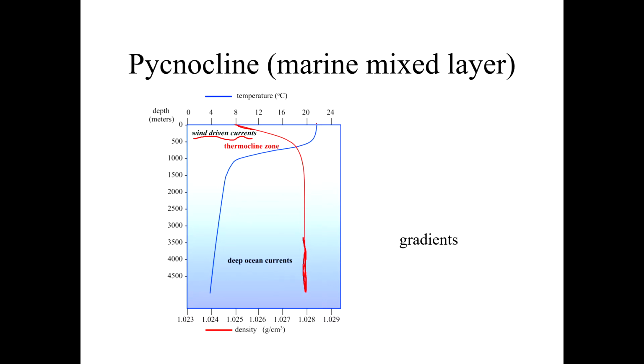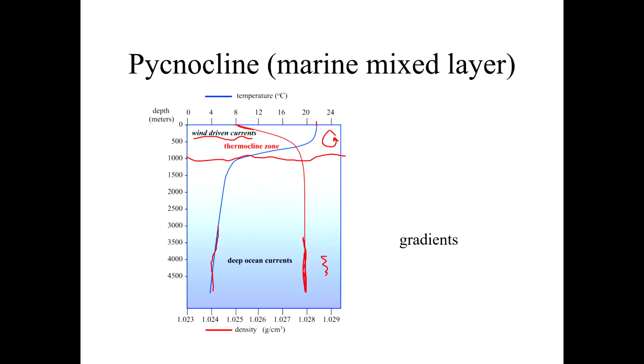Temperature tends to be higher at the top of the ocean because there's solar radiation that's heating up the water. But at some point, that goes away and you're left with very cold ocean water down at the bottom. And so this area where there's this rapid change in salinity as well as in density, that's called the pycnocline. And you can imagine that because there's wind-driven currents up here, this part is fairly well mixed and therefore has higher entropy. Whereas down here, there's just not a lot of energy available for mixing, and so this is a little bit of a lower entropy system.